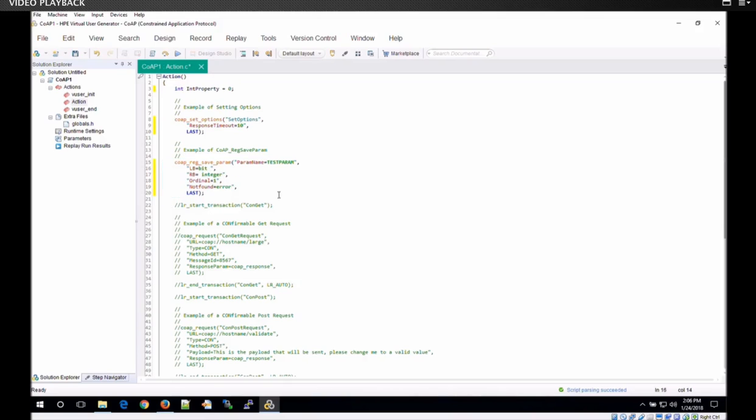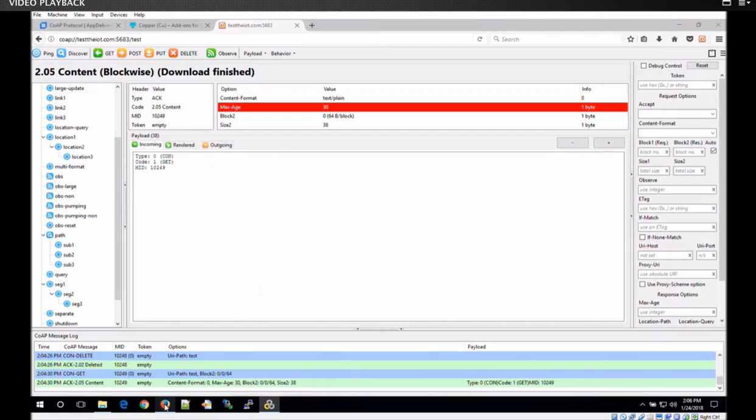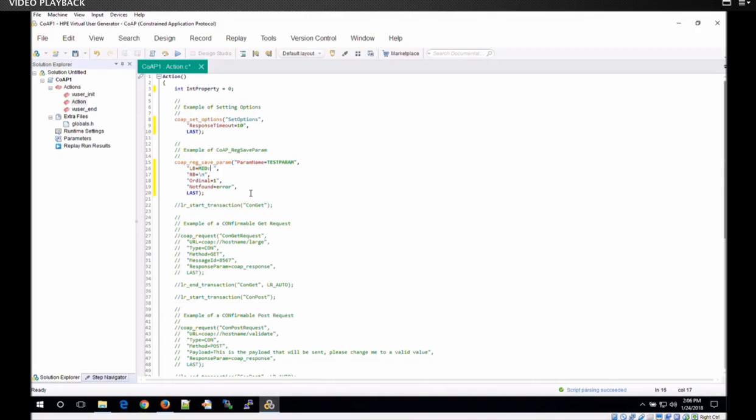We're doing it programmatically. We're setting up a variable called int property, and we're going to uncomment out the CoAP reg save param. So we're going to dynamically correlate and grab correlation data, very much how we would do a web reg save param in the web protocol. In this case, we want to capture this 5-digit number that's coming from this site, testtheiot. So we're going to change the left boundary and right boundary to search through the response that we're getting back from the server, find that number between the left and right boundary,